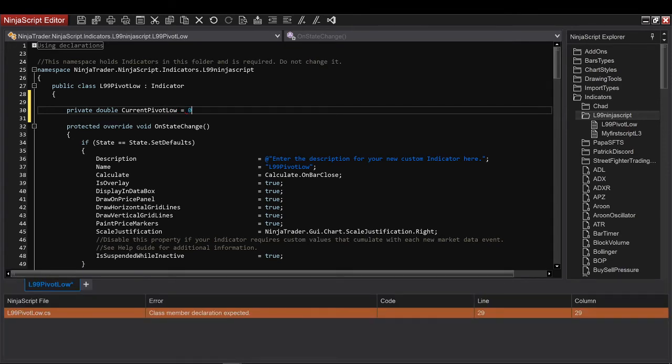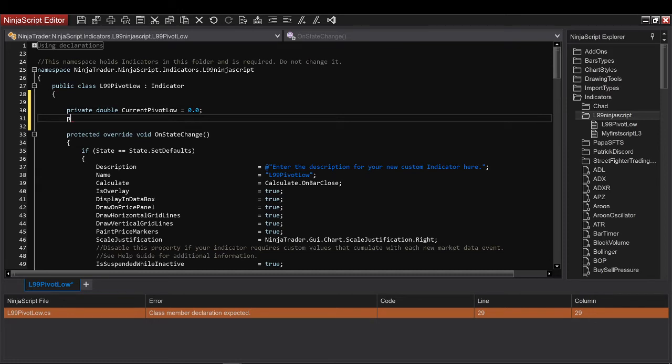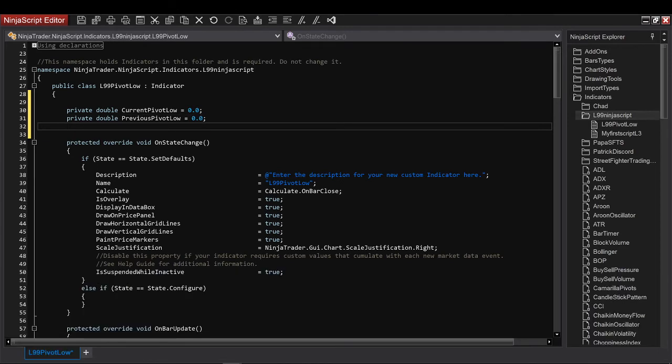Then I need something that will keep track of the previous pivot low. And then I think it could also be good to keep a variable that will keep track of the previous lower low. So private double previousLowerLow equals 0.0.